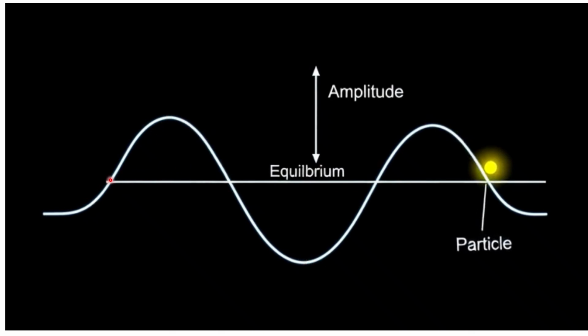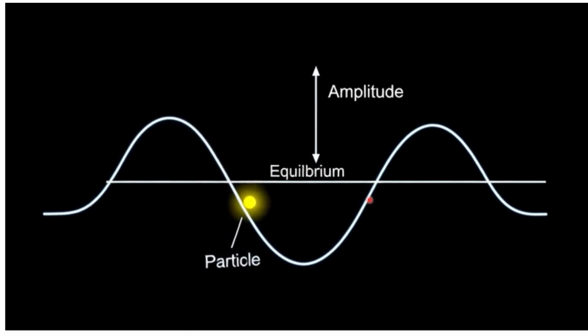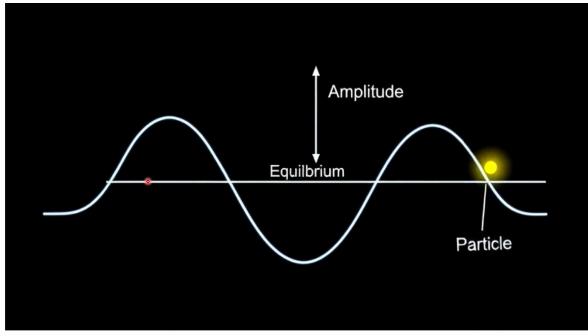cycle. A cycle: from the initial point, a particle covers a positive peak and a negative peak, and then returns back to the equilibrium. This is called one cycle of the wave, and this is called the equilibrium point, and this is called the peak position. This is the positive peak and this is called the negative peak, and the distance between equilibrium to